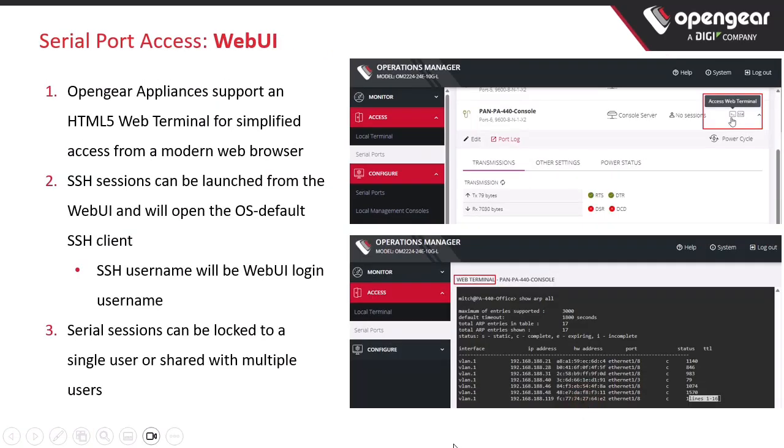To access a serial port, you've got a variety of options. First off, if you're in the web interface for the appliance under the Access tab on Serial Ports, you will see on the right-hand side, in the table, two buttons to access. First, the web terminal, which opens a new browser tab and gives you an HTML5 live viewer to that specific device. You can see I'm just on my Palo firewall, and I've shown our ball, and you can see the results. You can also use the second option in the UI,